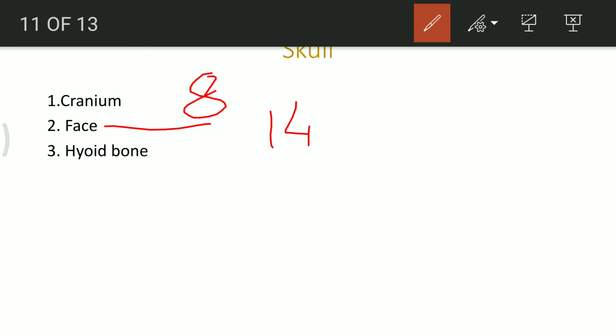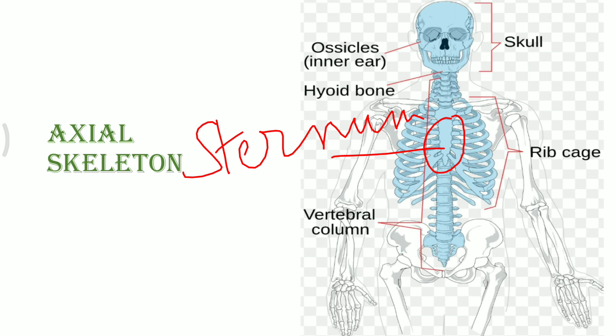Hyoid is actually a movable part, but there are certain other structures, like the ear ossicles, which are helping in the process of speaking, making noise, or even eating. So this is also done with the help of the ear ossicles. If you remember the structure, the first structure, ear ossicles, were there.